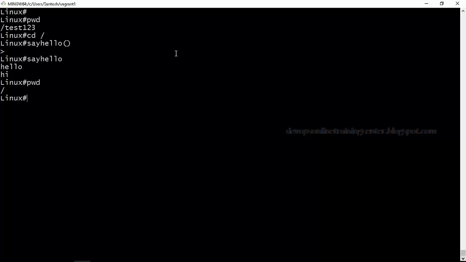How to export? Dot space function script name. Let us say in this case the path I need to give is test123 function1.sh. Then we can say add 10 comma 20, add 100 comma 2000, something like that. Basically export to shell, export to command line, and you can call the functions from anywhere irrespective of the path.